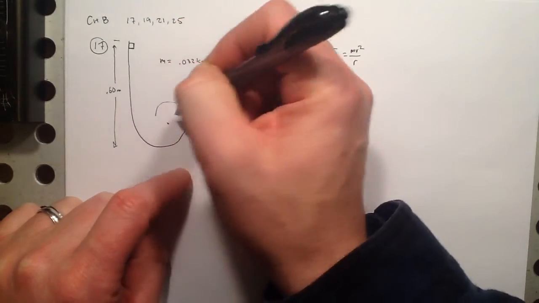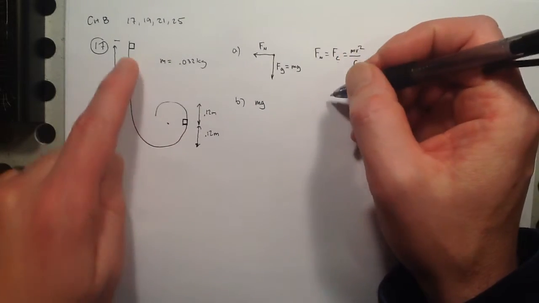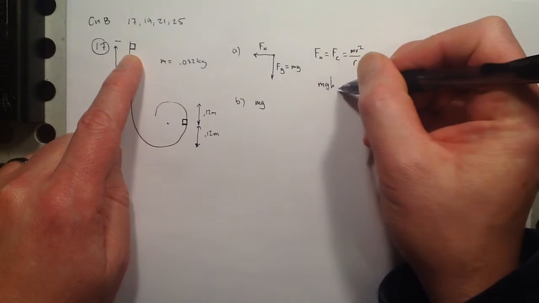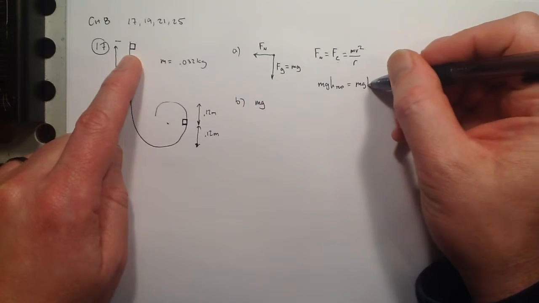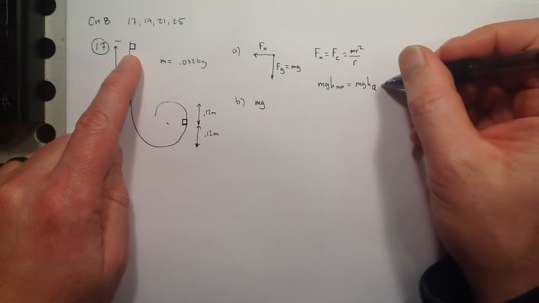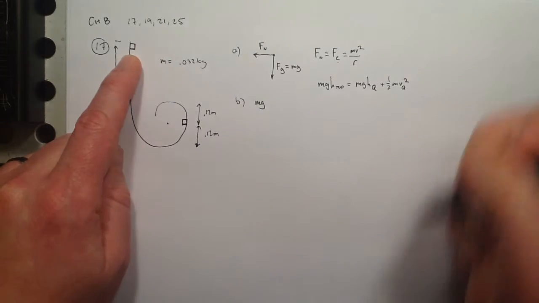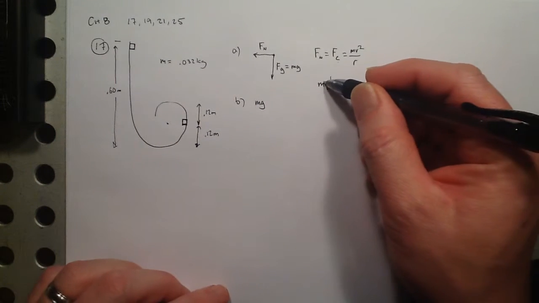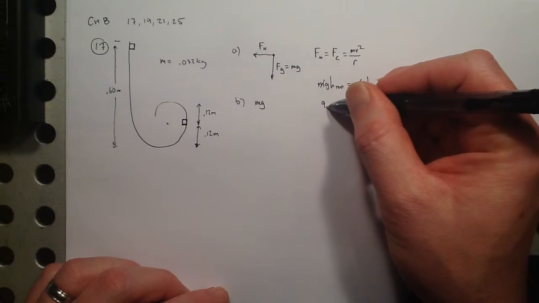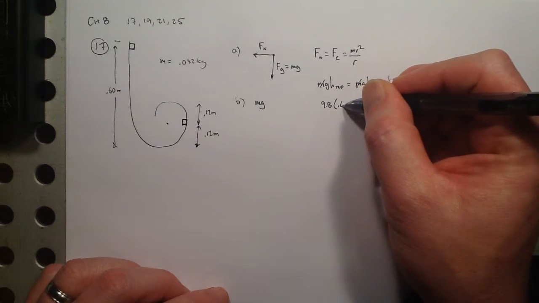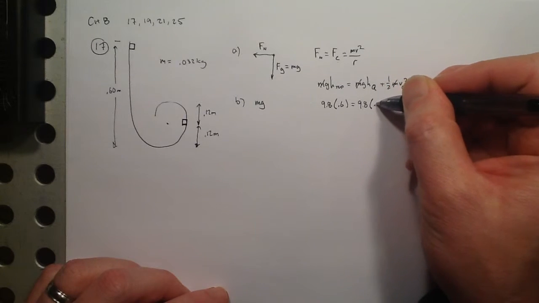We know the total energy in the system is constant because there are no non-conservative forces. That means at the top, it's not moving yet. So mgh at the top is equal to mgh at point Q plus 1/2 mv squared at point Q. Notice that there's an m in all of these, so that doesn't actually matter. So I have g times the height at the top, 0.6, equal to g times the height at point Q, which would be 0.12,